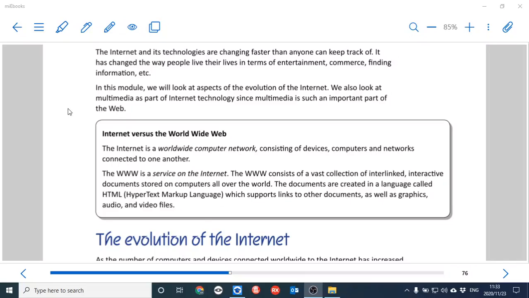On its own, the internet doesn't give us anything. There's no games on it. There's no information on it. It's just a network which does nothing on its own. Now, on top of the network, we have the World Wide Web. What is the World Wide Web? It's basically a service, a compilation of different websites, different services and content that uses the network for us to be able to access it.